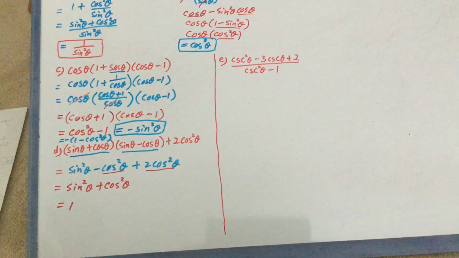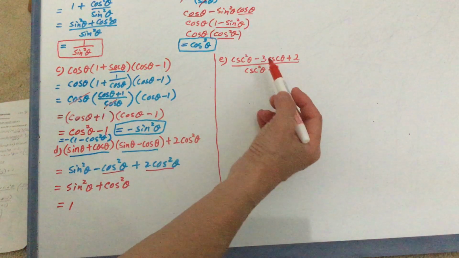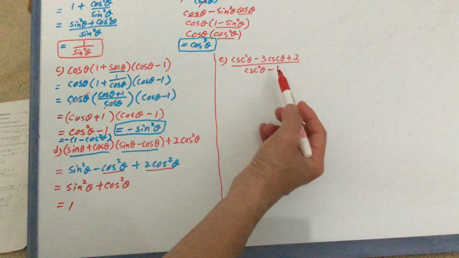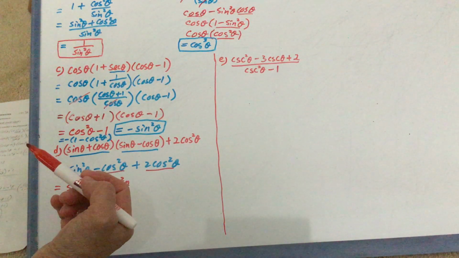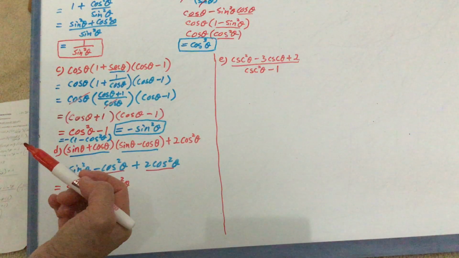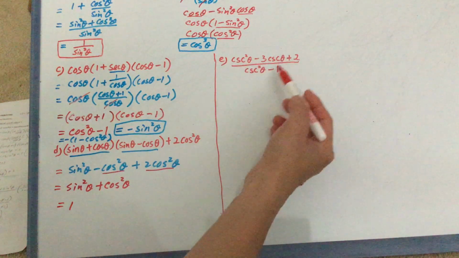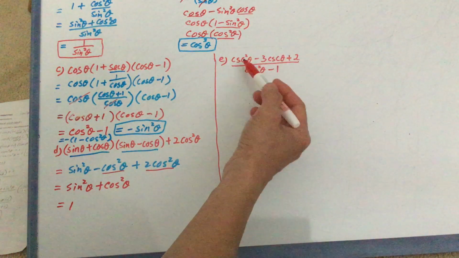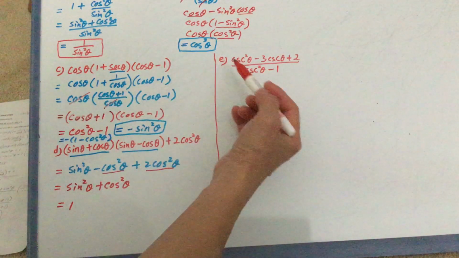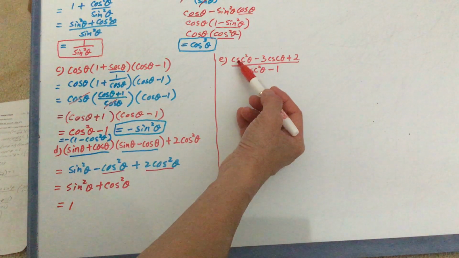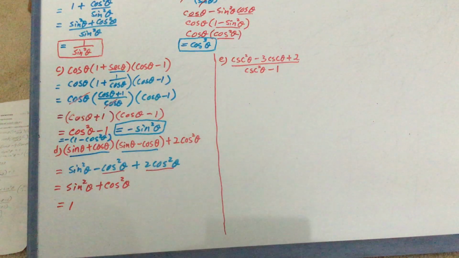And now let's look at E. In E, we have a fraction of cosecant square theta minus 3 cosecant theta plus 2, divided by cosecant square theta minus 1. Okay? For this question, there are a couple of ways that you can do it. You can look at this and convert everything, the reciprocal, back to the primary. So that is one way of doing it. But if you look at the top here, the cosecant square theta minus 3 cosecant theta plus 2, you can also look at that as a